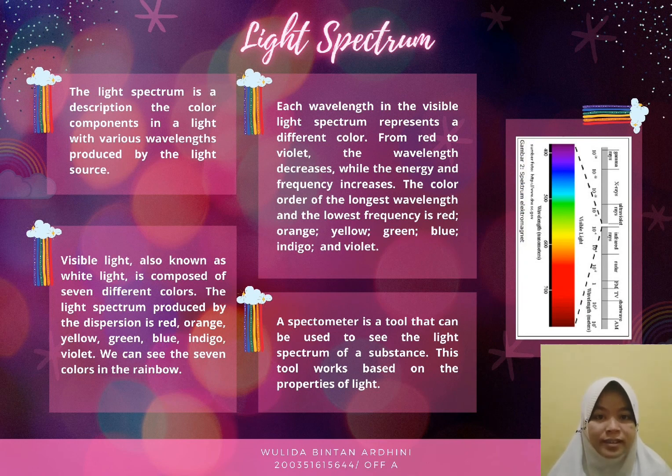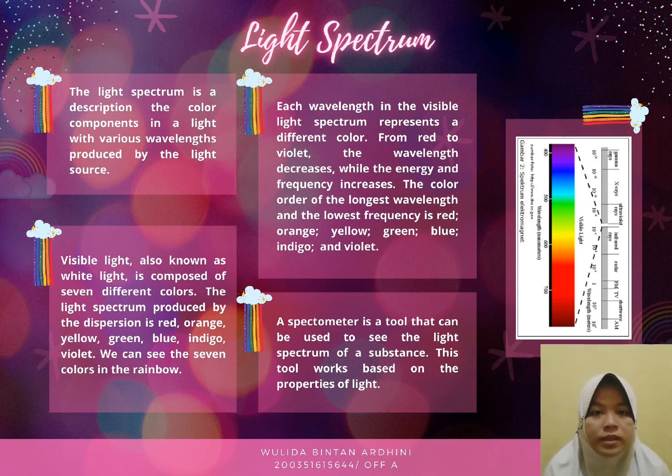Rainwater reflects sunlight so that the light is dispersed into various visible light, which are commonly referred to as rainbows. Each wavelength in the visible light spectrum represents a different color. From red to violet, the wavelength decreases while the energy and the frequency increase. The color order of the longest wavelength and the lowest frequency is red, orange, yellow, green, blue, indigo, and then